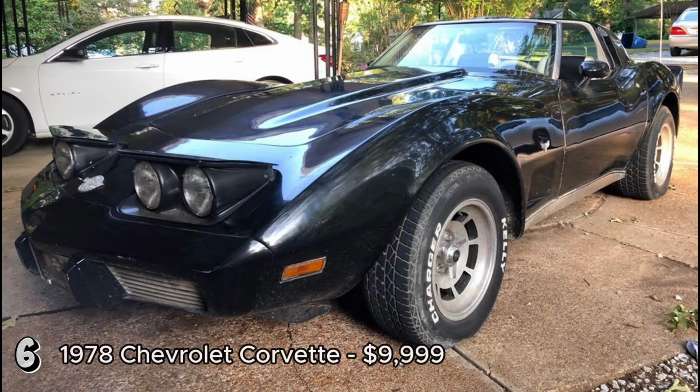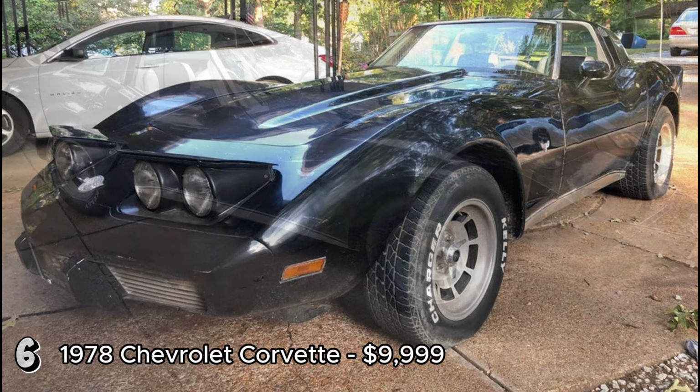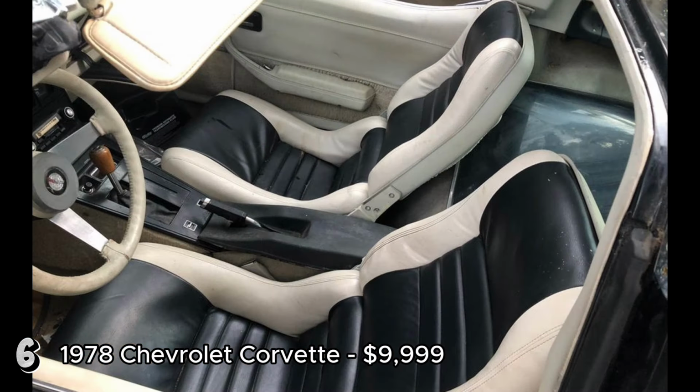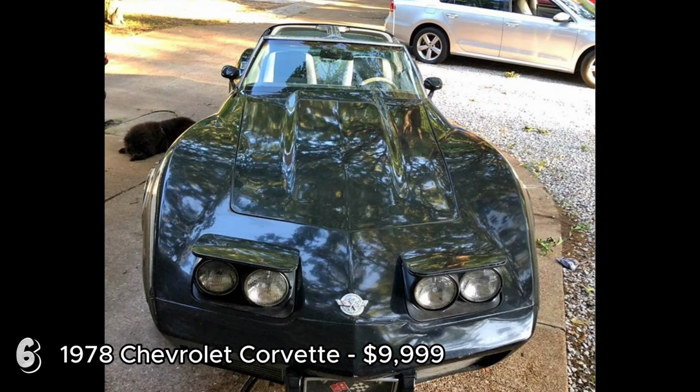The 1978 Chevrolet Corvette Hardtop 2D, listed for $9,999 with 103,000 miles in Florence, Alabama, has a black exterior and interior, an automatic transmission, and a 350 engine. It features T-tops and is described as running and driving well, with no significant damage or problems, and holds a